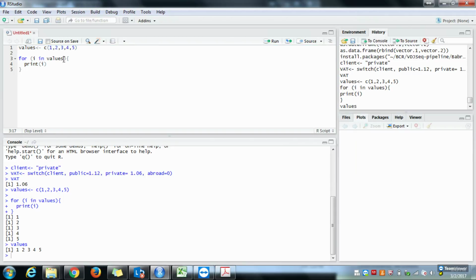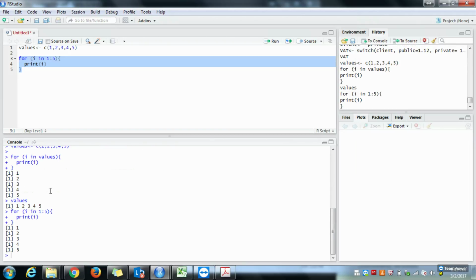Same thing, instead of this, if you want to loop through a sequence of numbers, you don't even need these values. You could just call 1 to 5 over here, and it's going to do this very same thing. And this can be any alphabets or any strings also. I could replace this with strings. So I have strings, and then I call,